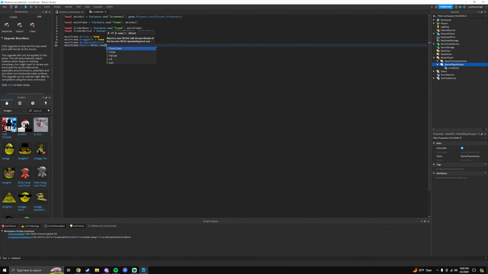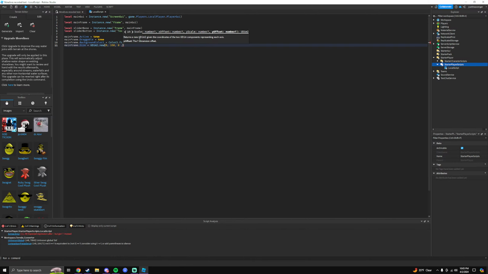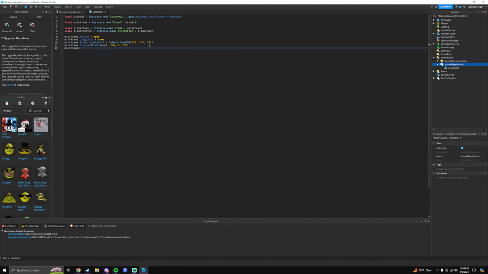Let's do, this is length, so I'm gonna do 350 by 0, or wait, no, would it be 0 by 350 by 0 by, let's do 250, and let's just see how that looks. Oh wait, I gotta do mainframe.AnchorPoint equals Vector2.new 0.5 0.5. Mainframe.Position equals UDim2.new 0.5 0 0.5 0. Okay,